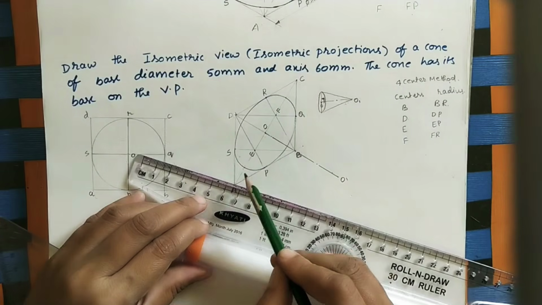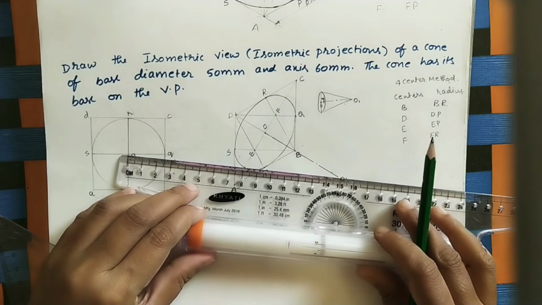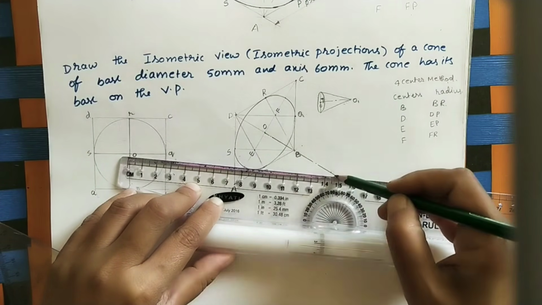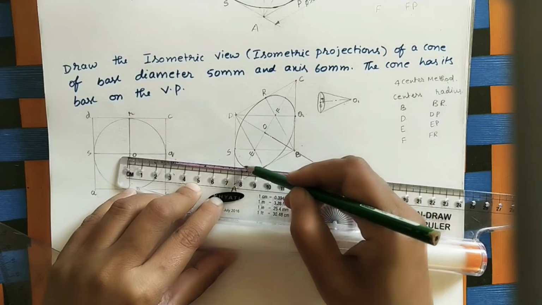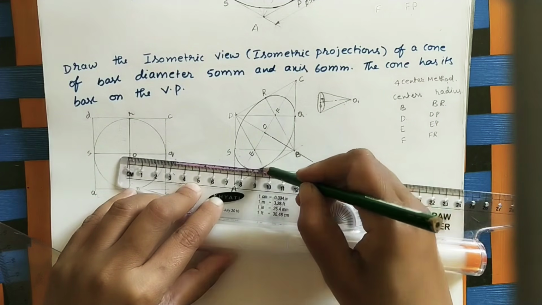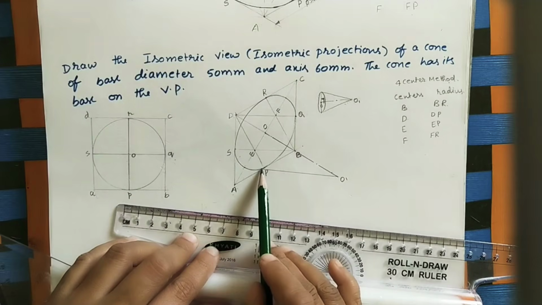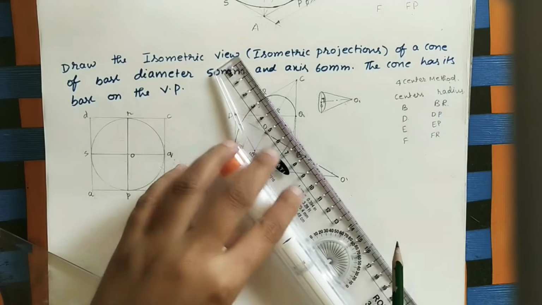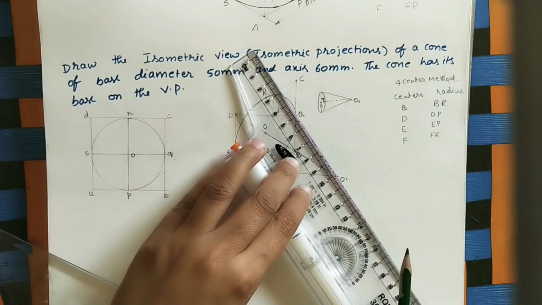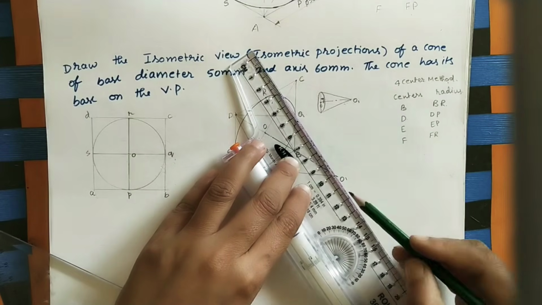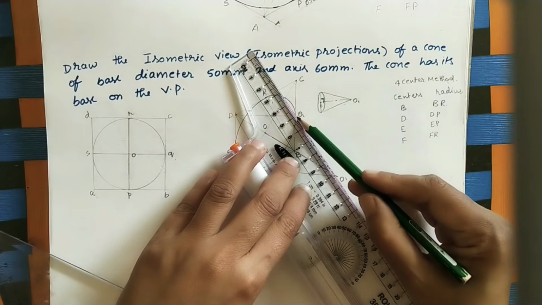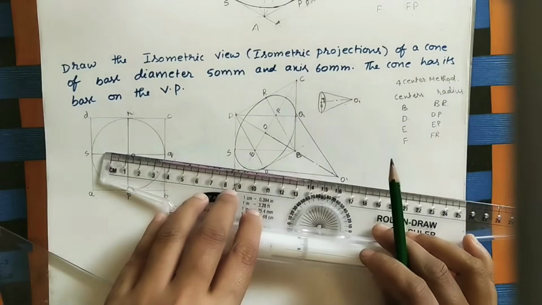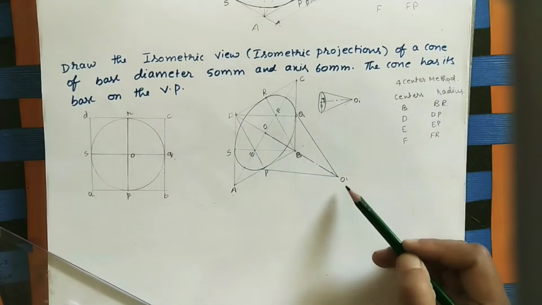Okay, now keep this point and this apex on the scale, like this, and join these points. But here you should not draw the line inside the curve. Draw the line up to this surface. Don't extend the line inside the curve. After that take this point and this point on the same line. Here also, if you draw the line it crosses the curve, but you have to draw up to this point. So here we are getting the cone in the isometric view.